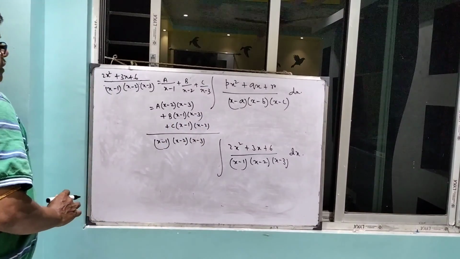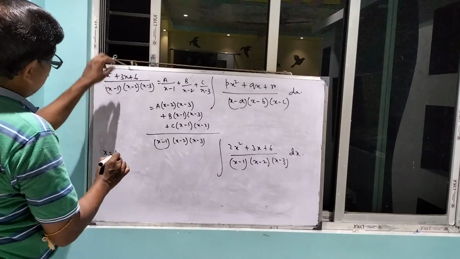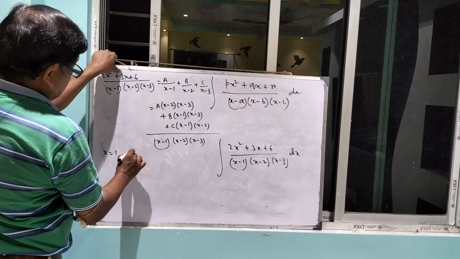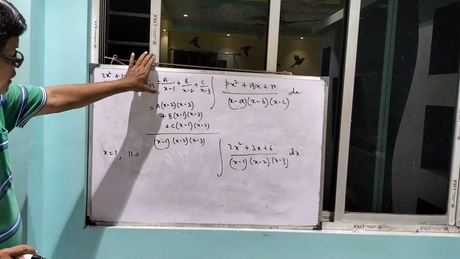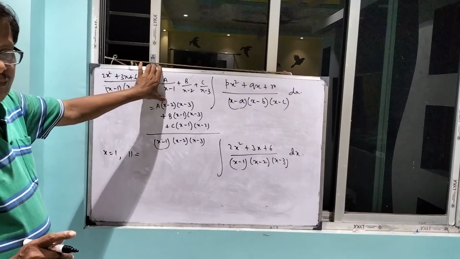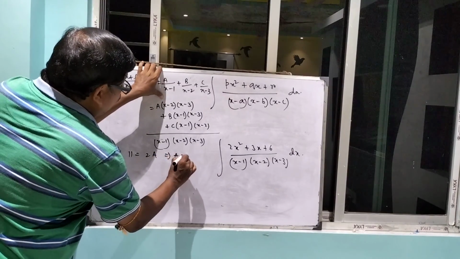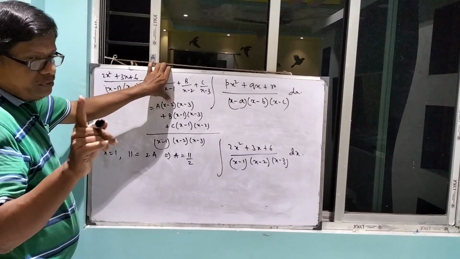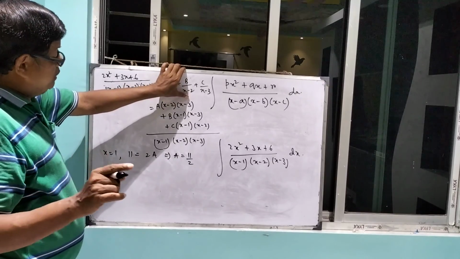Understood? As I put first x equal to 1. See, x equal to 1. So here 2 plus 3, 5, 6 means 11 equal to. Okay? Now look at here. Here x equal to 1, that is minus 1, minus 2, plus 2. So 2a, that is a equal to 11 by 2. Understood? We put x equal to 1, 1 minus 2, minus 1, and 1 minus 3, minus 2. Okay, we will get positive a by 2.